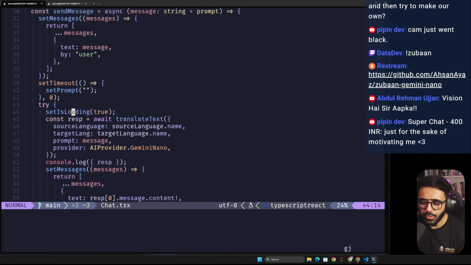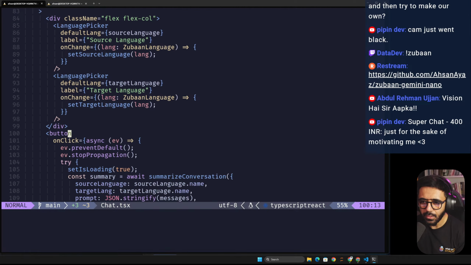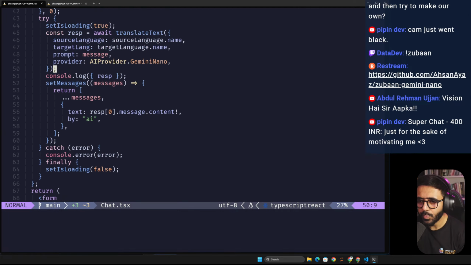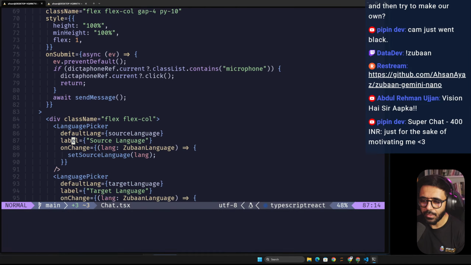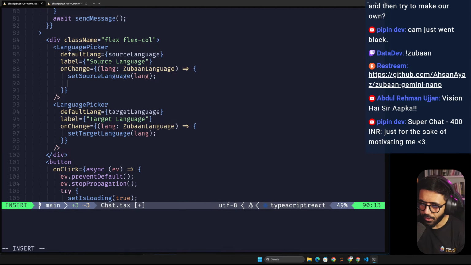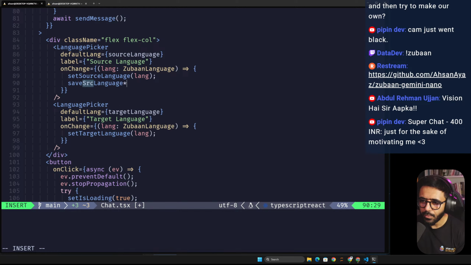I think we should have some sort of function already to set here. So here we have set source language, and then we have set target language, right? So we can either do it here. I think the best place is actually to do it here because we don't really change them anywhere else. So here we can say save source language. You can see auto import is helping us out here. So here we save lang, and